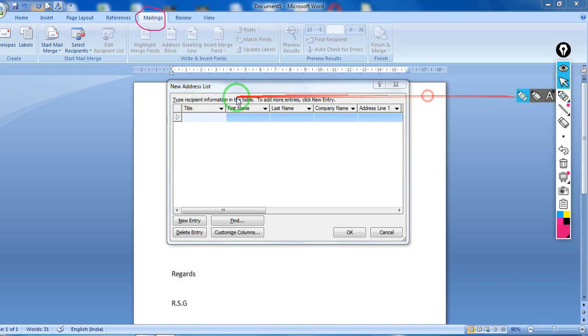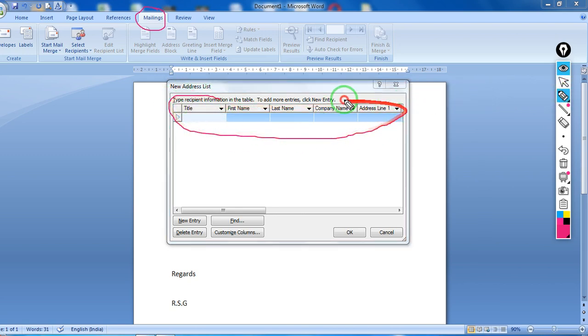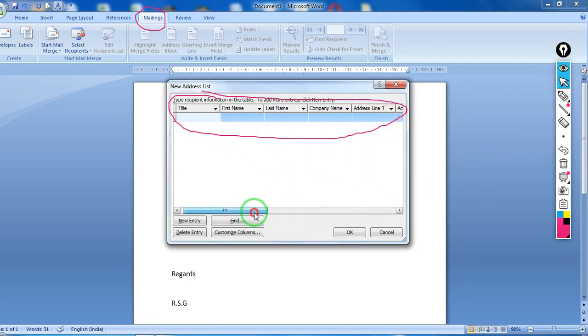So you can see over here a list of options are there. You can enter values under this. You will find a list of options over here, so you can enter the value. You will find more options as you scroll. It is not necessary to fill all the fields. Whichever field you want that it is needed, you can enter values in that particular field only.